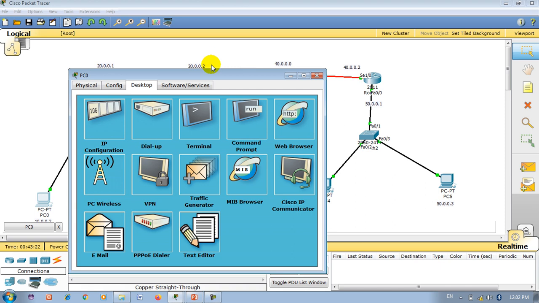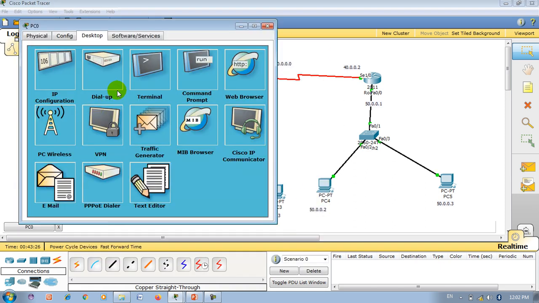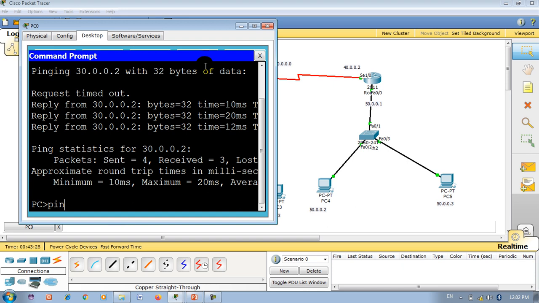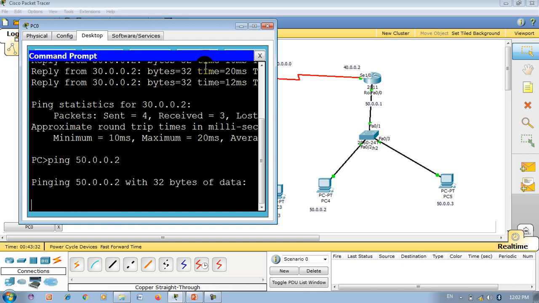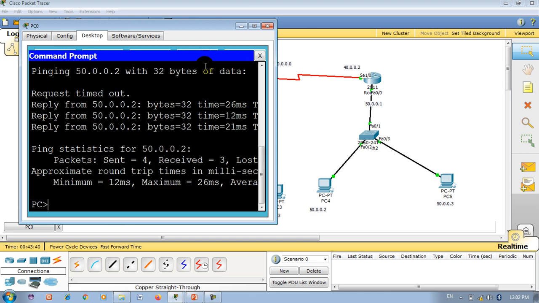Let me ping from this side to that side. Ping 50.0.0.2. It will take some time because of ARP, the Address Resolution Protocol, the first time but not the next time.